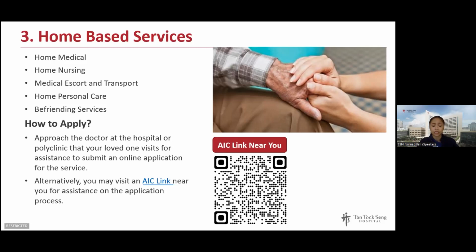The service provides transportation for someone to accompany clients to travel for their appointments. And then for home personal care, the service is provided by trained care professionals to assist clients and their caregivers with activities of daily living, such as bathing or light housekeeping. So for befriending services, it's done by a group of volunteers from befriending services. They can help to take care of the emotional and psychological well-being of elderly people by helping them or listening to